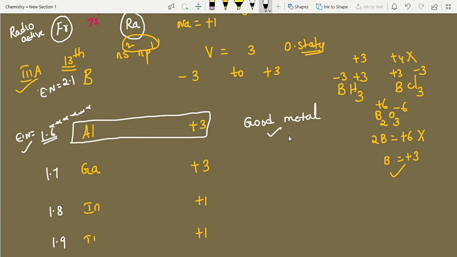Next one, aluminium is amphoteric in nature. Alumina is amphoteric in nature, and gallium is also amphoteric in nature. Amphoteric in nature is nothing but it acts as both metal and non-metal. Boron also, in most of its compounds, shows non-metallic nature, but slightly metalloid nature, students. And indium and thallium are metals. When compared to aluminium, they have less metallic character, but they are metals, ready to lose electrons.